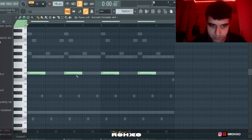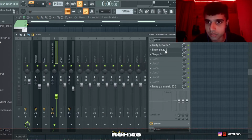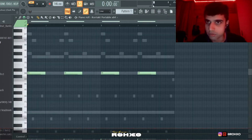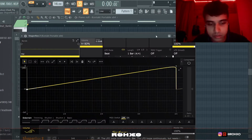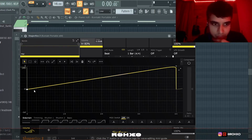Just kind of swells up like that. Kept everything the same kind of velocity, you feel me? But what I did do with that was, first of all, I added delay. I like adding delay when there's a lot of gaps between the notes. This is a pretty simple melody, so just to fill some of the space in with the upper frequencies. Then to make it swell, since I didn't know how to do it through the plugin, what I did was